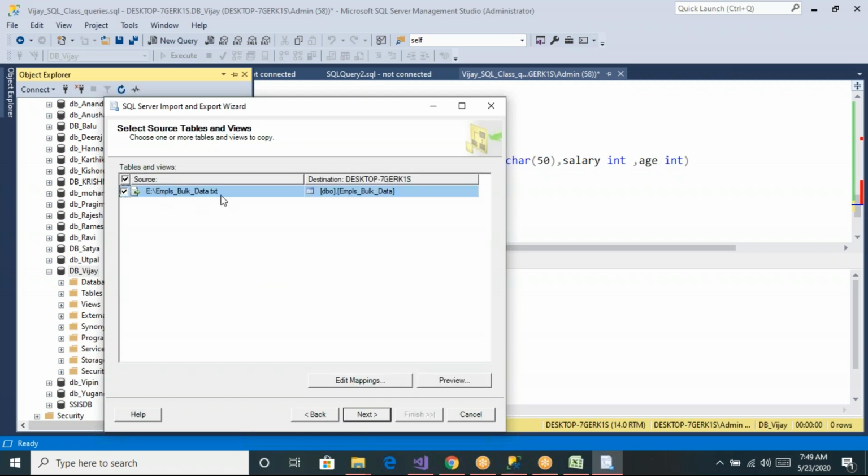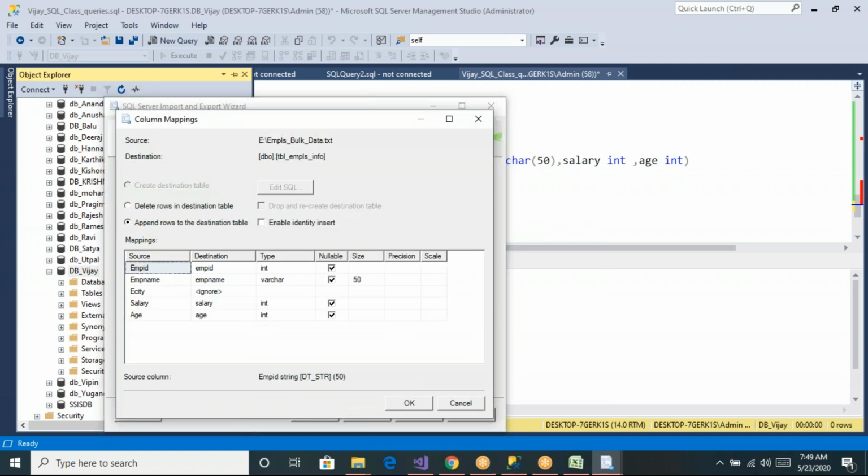Now you can see this is the file name and I want to load this into the employees info table, an existing table, and you can click on edit mappings. Here you can see the same column name is not there. Since the column name is not matching, it is not automatically detected.